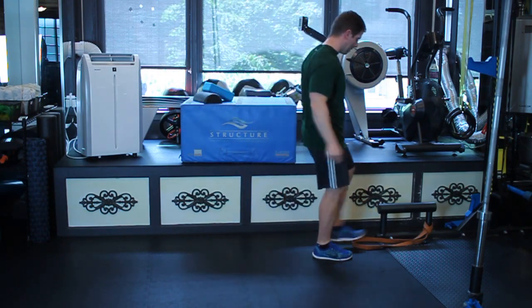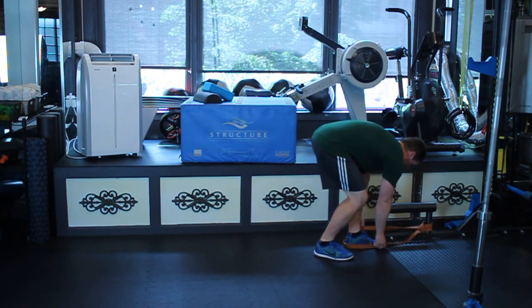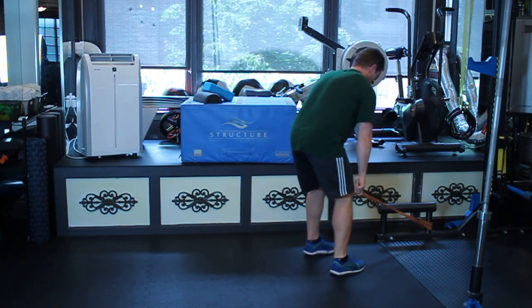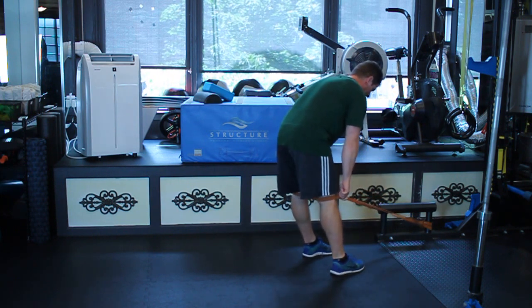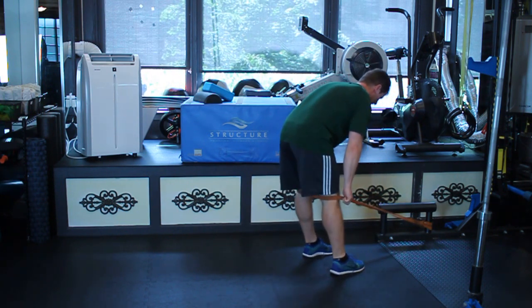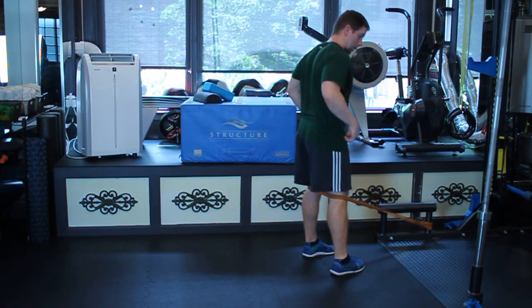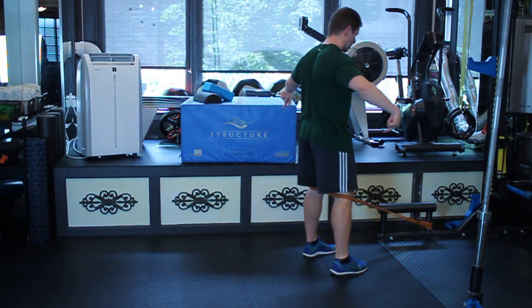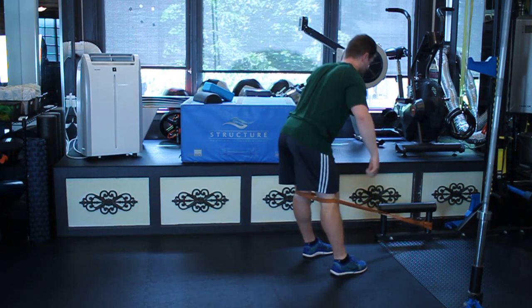Number one, I'm going to put a band around the back of my knees. I think this is a super important version because it helps to teach you to push back from the get-go, okay? If you lose leg hair, ow. Well, I'm sorry. So from here, same concept, I'm going to push out and back on the band as I